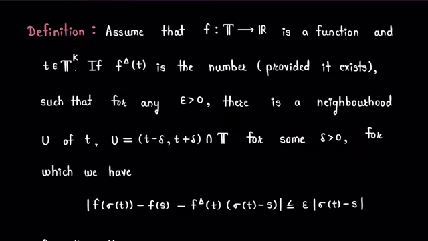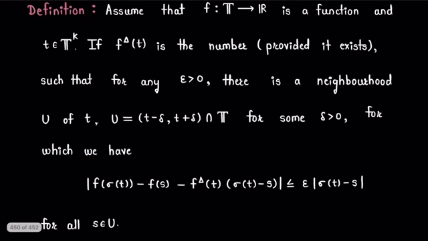So, definition: assume that f is a function defined from time scale T to the set of real numbers, and let t be some point in the set T to the power kappa. Now f delta is the number, provided it exists, such that for any epsilon greater than 0 there is a neighborhood, say U, of this point t, which is in this form: U is equal to the open interval (t minus delta, t plus delta) intersection with the time scale T, for some delta positive, for which we have